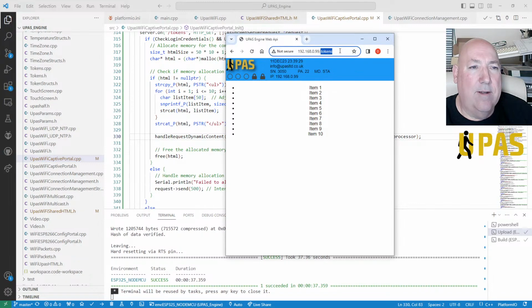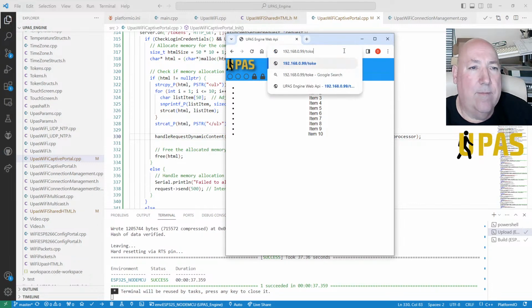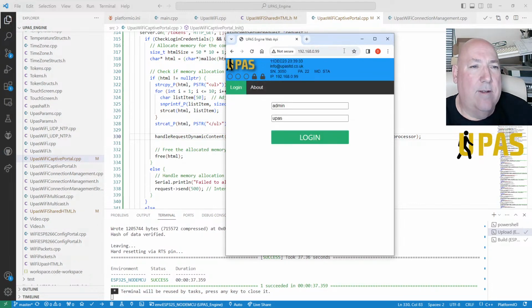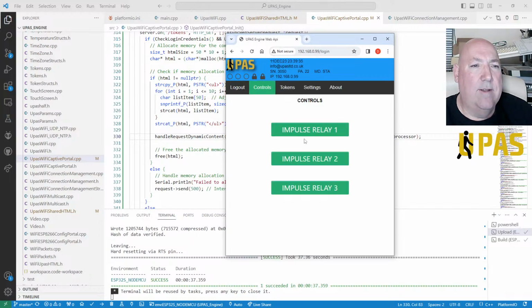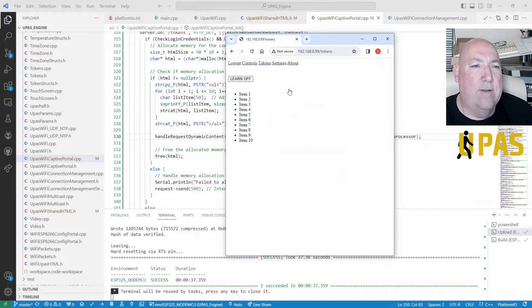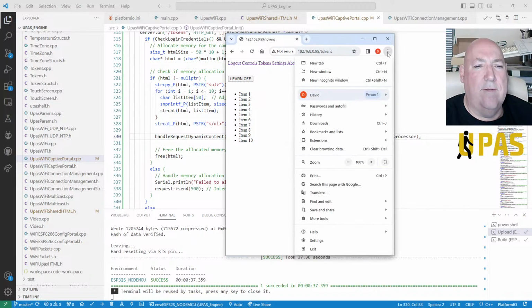Right, so we're going to go on here. Right, so we've got our login. We've got tokens. Oh, something's gone wrong there. Let's refresh it. Yeah, so it hasn't crashed, it's just not giving us the CSS. Somehow it's lost something. We've done something wrong here. Something gone a bit wrong. Let's have a look.